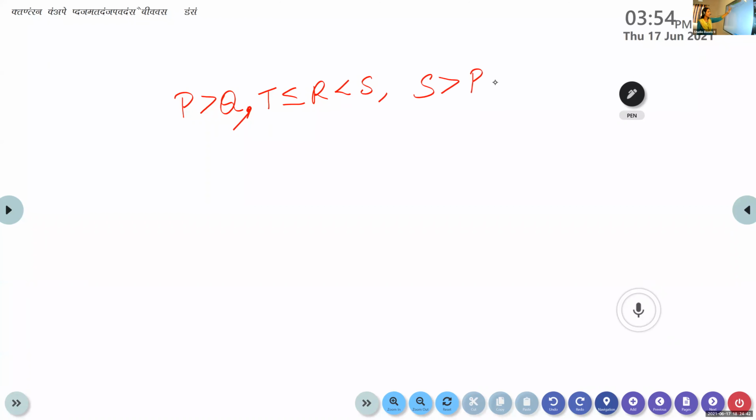Okay, yeah, it is given in three parts. It is not as a single statement, it is given like this. What you have to do is, from all those things, what is the conclusion you can take? So the conclusion is, P is less than or equal to R, T is greater than S. What will be the answer? P is less than or equal to R, T is greater than S. Which one will be the answer?